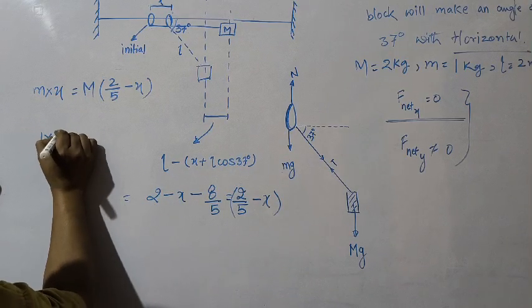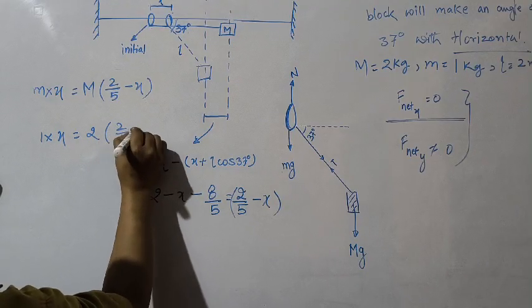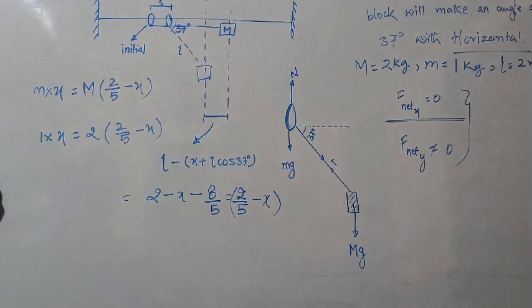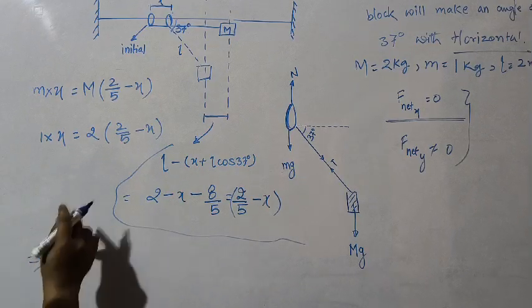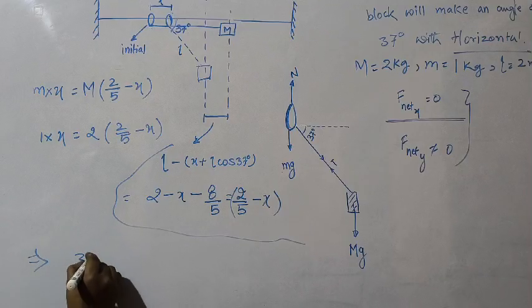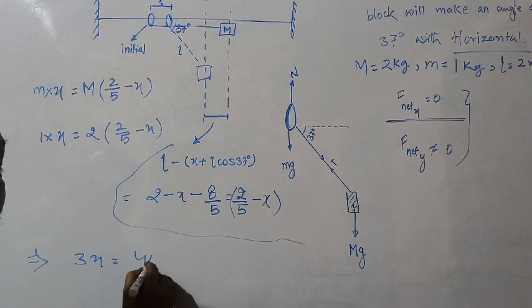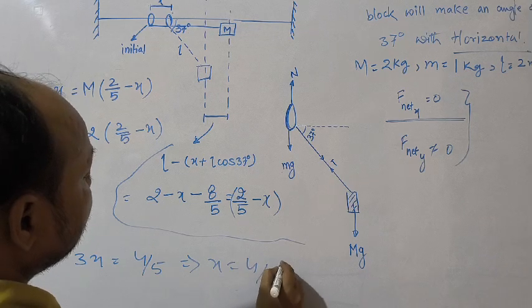So 1 into x is equal to 2 into 2 by 5 minus x. Okay, solving this, 4 by 5 is equal to 3x. So 3x is equal to 4 by 5. This implies x is equal to 4 by 15 meter